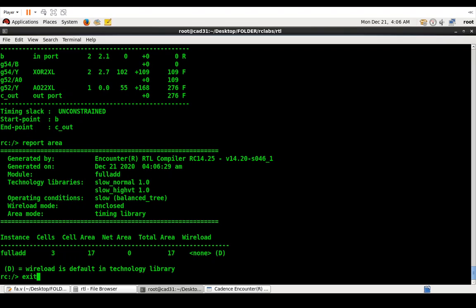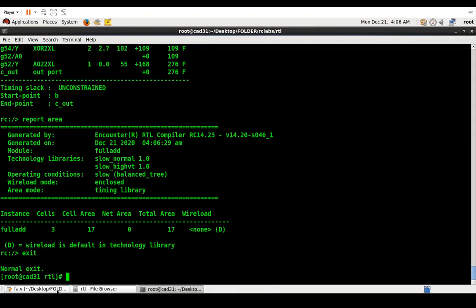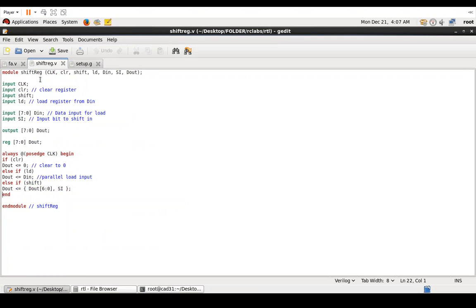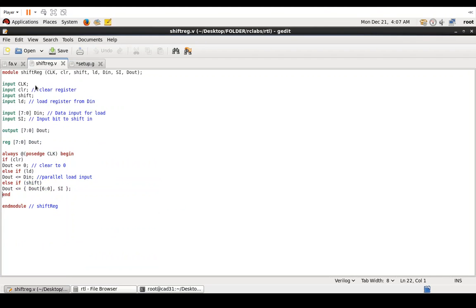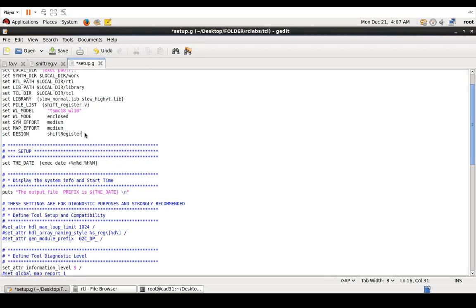Okay, for the register, the tool is such that we cannot do the synthesis twice for two different designs, or even the same design two times. Once you finish one, you have to press exit and come out of the tool, then go back to setup.g and change it to the new module. The new module is shiftreg.v, and the module name is shift, R capital, reg, it should be in exactly the same case. See this, R capital, so we should also give it in the same way, shift reg, not register,